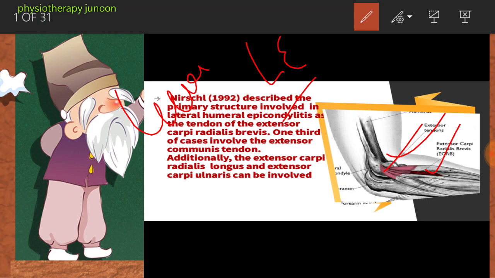Area of symptoms: it is very localized, as its name suggests, lateral epicondylitis. The patient can usually localize the majority of the symptoms to the lateral aspect of the elbow over the anterior aspect of the lateral epicondyle. With repeated recurrence, the pain will often radiate along the posterior aspect of the forearm to the wrist and occasionally into the posterior aspect of the hand.